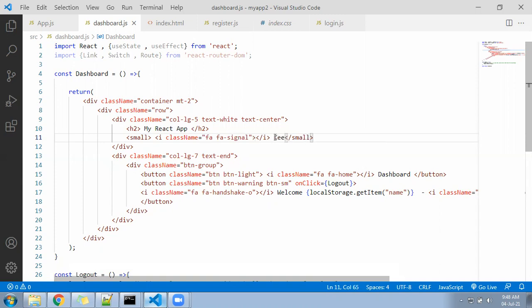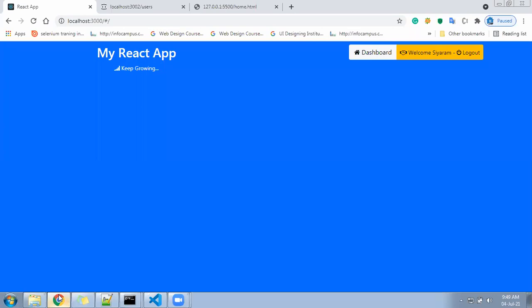Keep here, keep growing. Okay, it will come in white color, the signal symbol will come, and it will say keep growing.